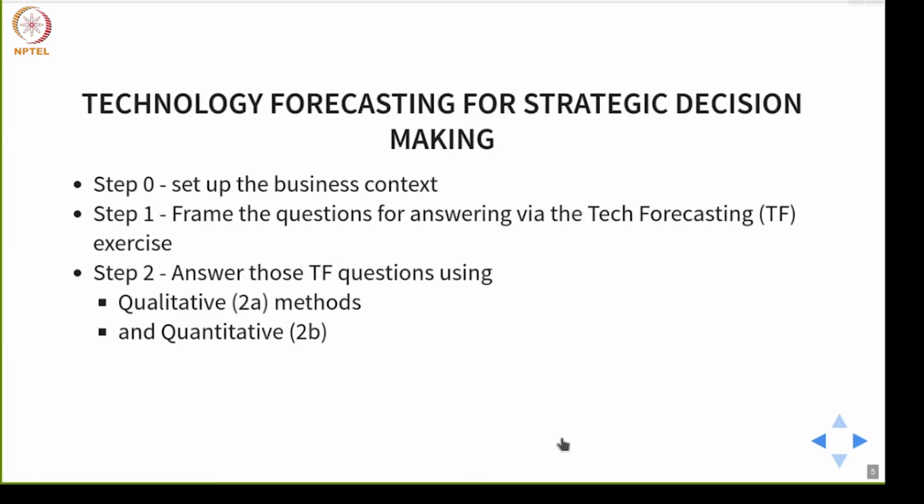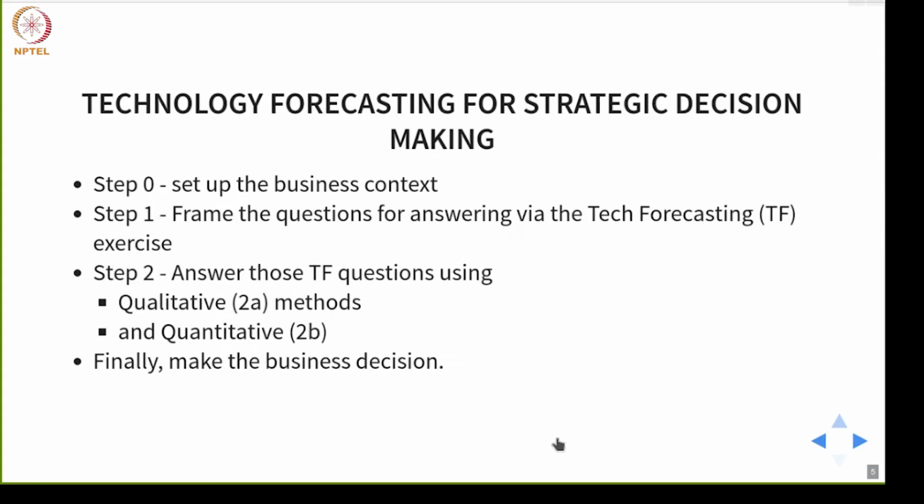And lastly, we use quantitative methods, where we crunch numbers, take data from out there, or if you're within a company, you take those data, and we will suggest certain models that can be applied so that you can make sense of the data, look at how things pan out in the future based on data. Then finally you sum it all up, through the qualitative methods and the quantitative methods, and now apply it back to the business decision itself.